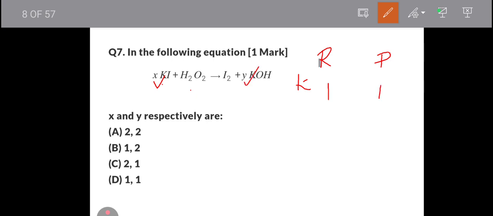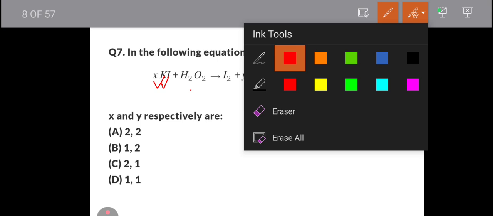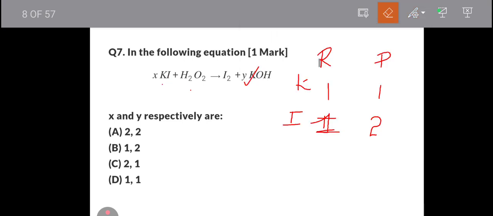Okay, now iodine. On the reactant side one iodine is here, and on the product side you have two iodine. So it is not balanced. So what you have to do is make this 1 iodine into 2. So how will you make it? You will be putting 2 in the front, right? So you will be putting it like this, 2KI